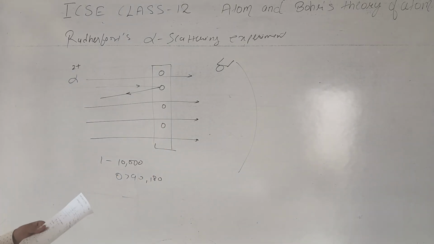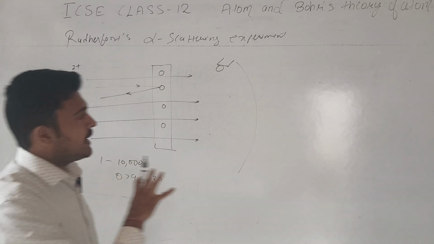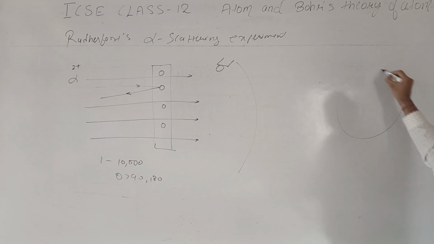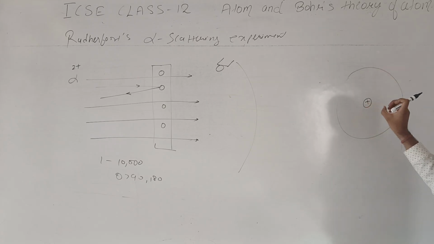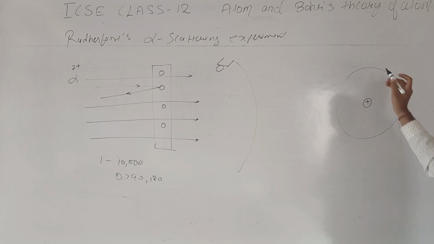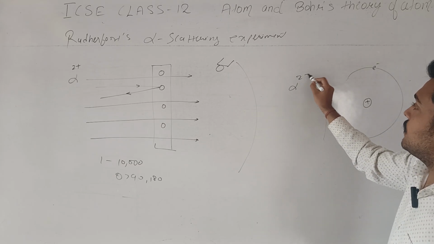So what we come to know from this experiment is that there is a lot of free space in atoms. More than 90% of the atom is free, and there is a nucleus, with positive charge concentrated at the center of the atom. Positive charge is concentrated at the center and electrons are around it, but most of the part is free. That is why the alpha particle, which is positively charged,